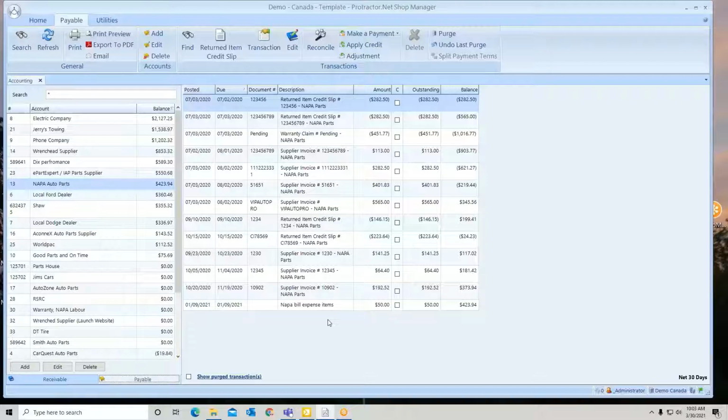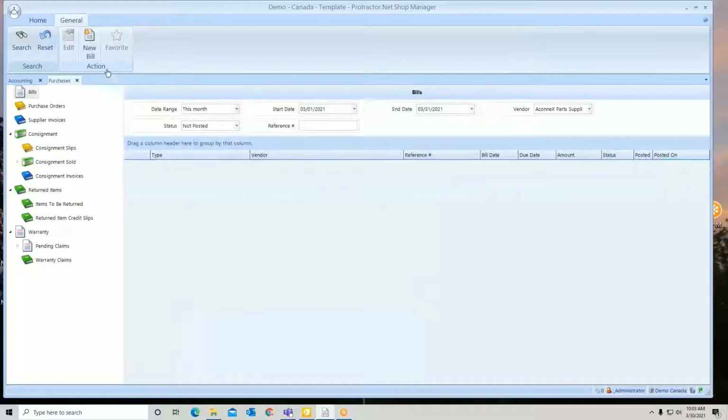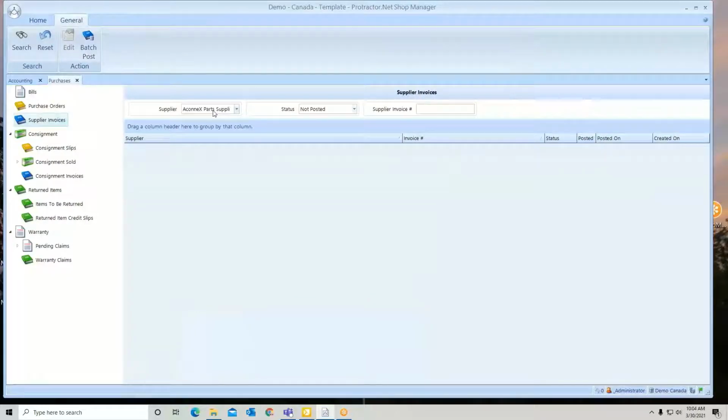If there's any payments made on it, if it's been paid and purged, things like that, it will not let you do this. And we're going to go through a couple scenarios as we're going through these management tools to show you how that happens. Now, if I go back to my purchases, supplier invoices, and I go look up Napa,